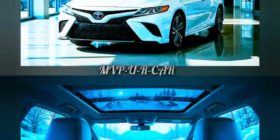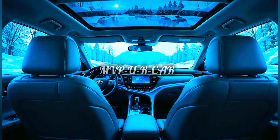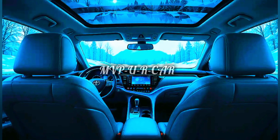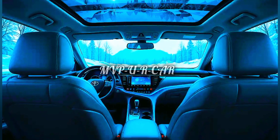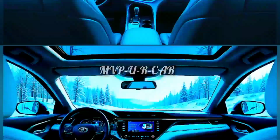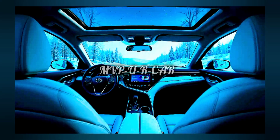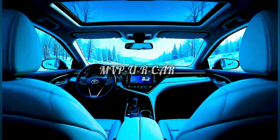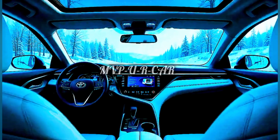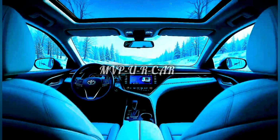midsize sedans. From the outside, the new Camry instantly catches attention with its sharp front fascia and LED daytime running lights that stretch wide across the grille. Influenced by the design language of the Prius and Crown, this 9th-generation Camry adopts a more sculpted body with aerodynamic lines and available two-tone color options that give it a sporty edge. The blacked-out roof and sleek profile give it coupe-like flair while still preserving the four-door practicality that loyal Camry fans love. The rear end gets redesigned taillights and an integrated spoiler, rounding off a look that's more expressive and youthful